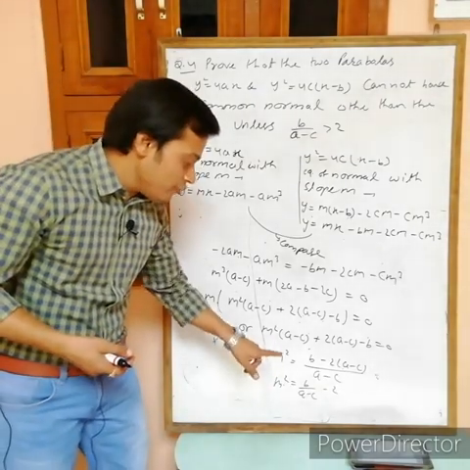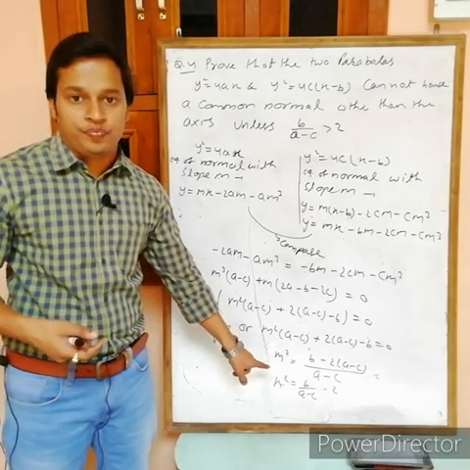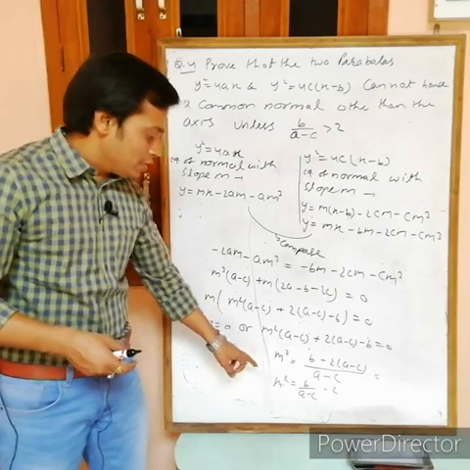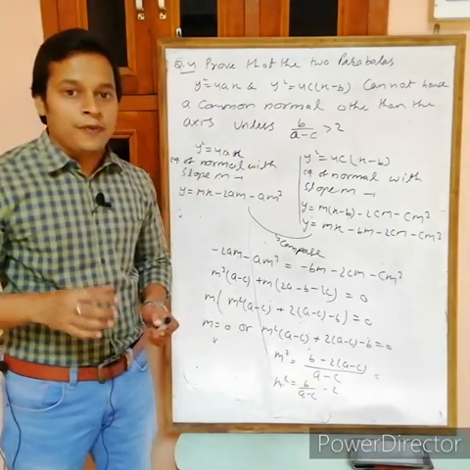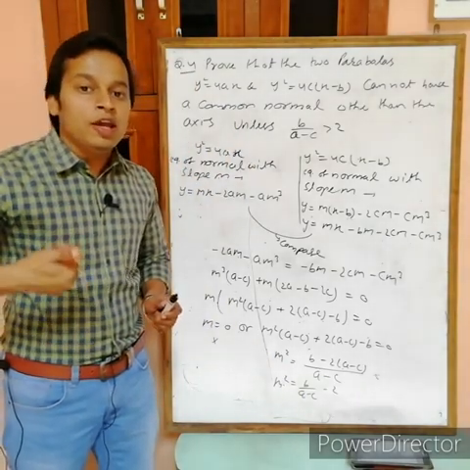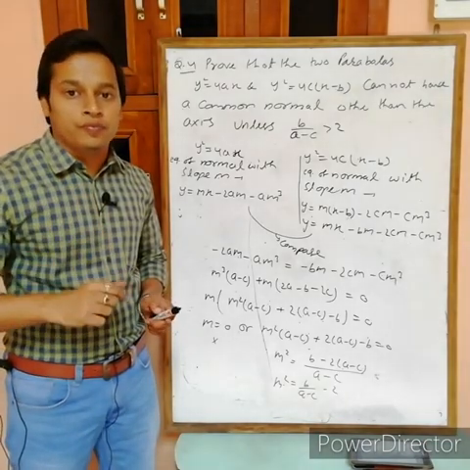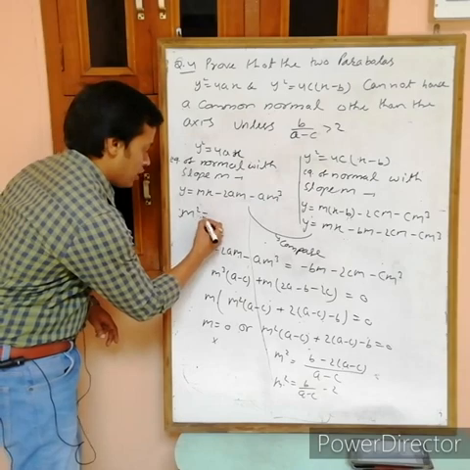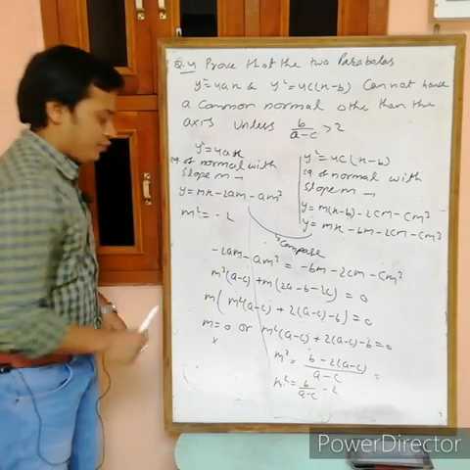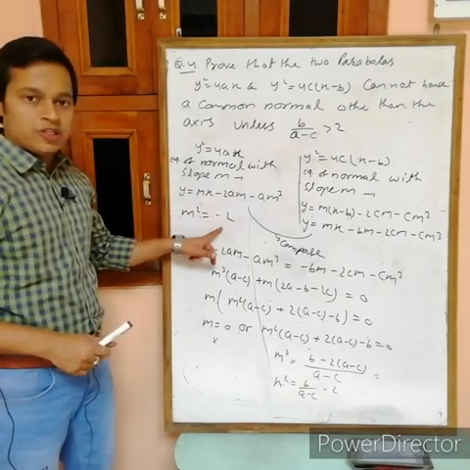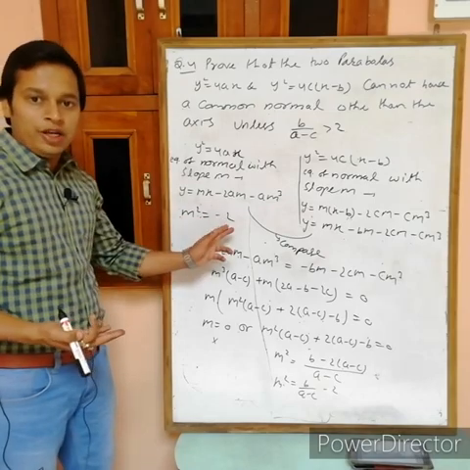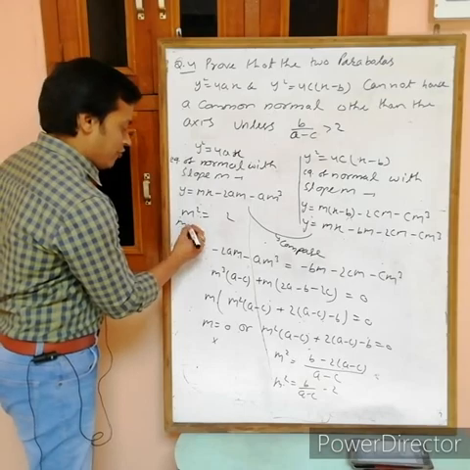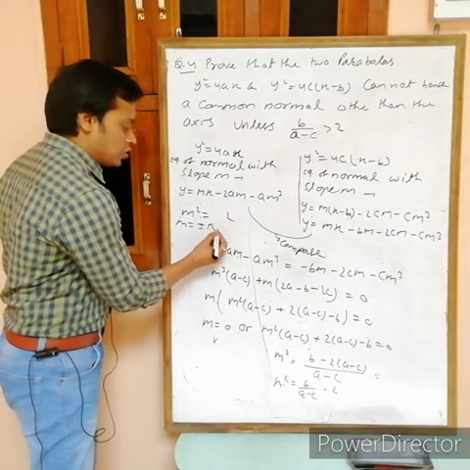It means from this one we must get a value of m. Okay, this is the value of m square. You will get a value of m if m square is greater than 0. Suppose this value is negative, m square equals minus 2. Can you get any value of m from this one? No, a square can't be negative. If it is positive 2, then no problem, we are getting m equals plus minus root 2.